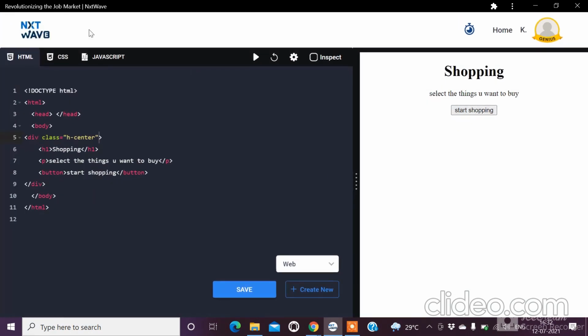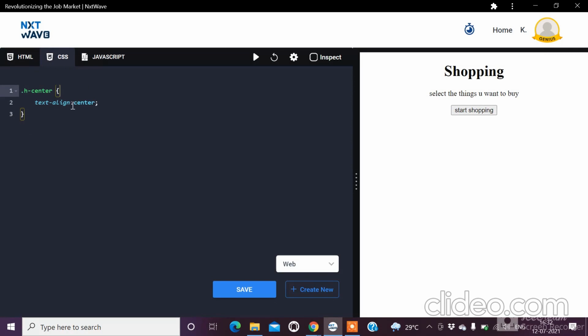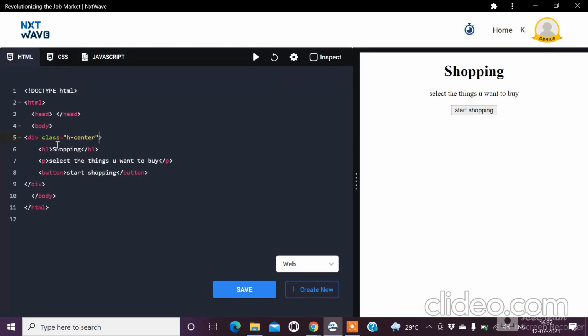It's a very easy trick. Making a CSS file with a dot and h-center, horizontal center. Text-align represents the property, center is the value. Curly brackets for starting and ending. In the HTML you have to create the same things you remember from the previous video. You have to keep these three things, and div represents the container. You have to keep a div starting and ending. How to apply means class, which is the attribute. Class is equal to h-center, horizontal center. And let's close the container with div again.